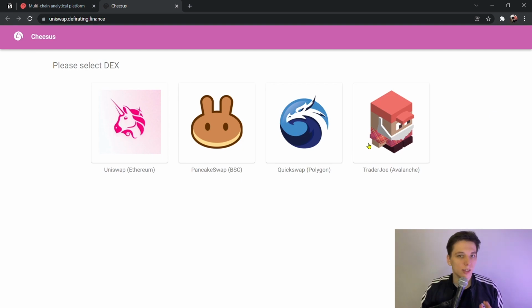So as you can see, Cheesus is no longer just one DEX analyzing tool, and now they have support of 4 major blockchains. So we have a full support of Uniswap version 2 and version 3 already, the PancakeSwap support, Binance Smart Chain, Quickswap on Polygon, and TraderJoe in Avalanche. So this is really cool that they've grown 4 times since the last time we've checked out, and that's super fantastic. And for the sake of this video, I believe let's just run PancakeSwap Binance Smart Chain version and see